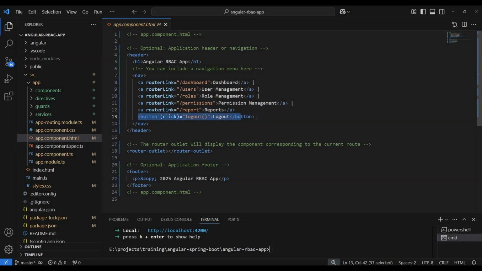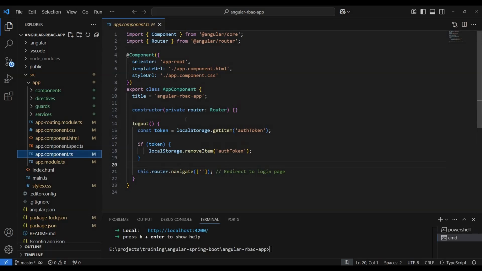And this logout button, once we click it, will log out of the system. So this is about the menu. Here, only this logout one we are adding separately. Other than this, all are connected through